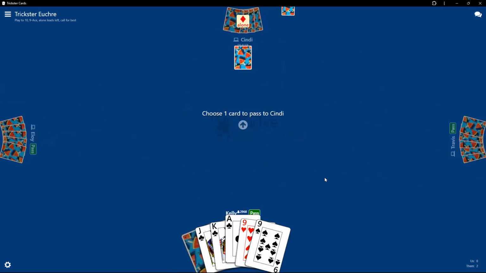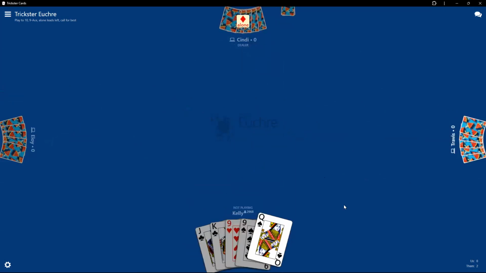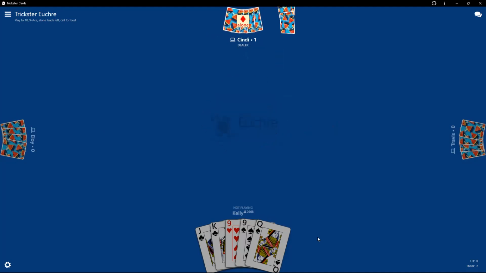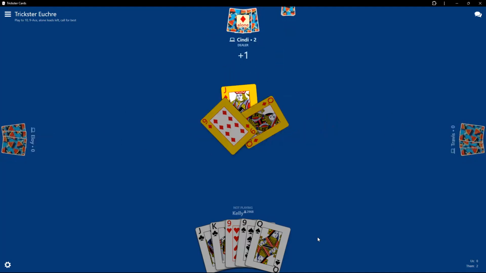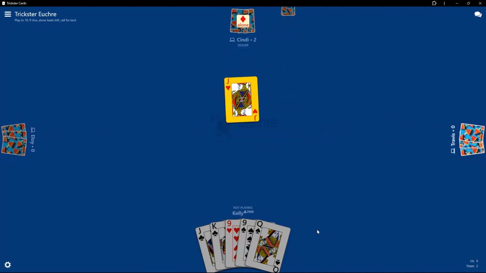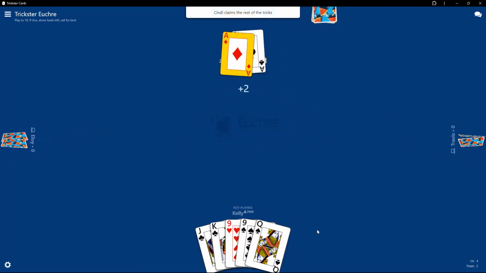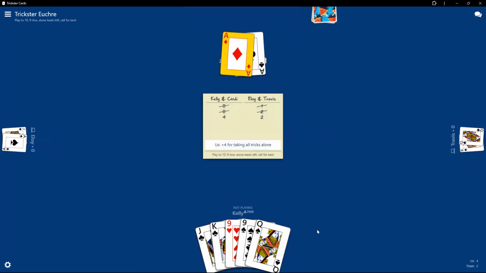What just happened? My partner went alone. Again, some things happen so fast. Giving them an ace is a nice thing. I wish I had trump, but I don't. So I always like to pay attention to what they gave away. That would most likely mean like a 95% chance that my partner went offsuit or short suited themselves and they don't have any spades left. Okay, exactly. That's nice. We needed that, didn't we?